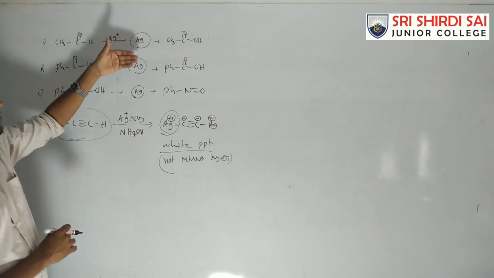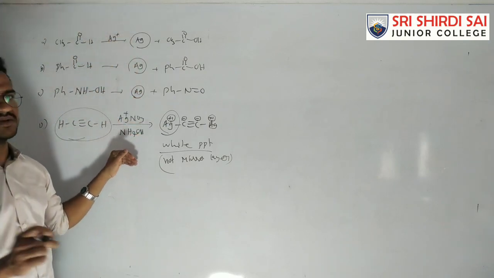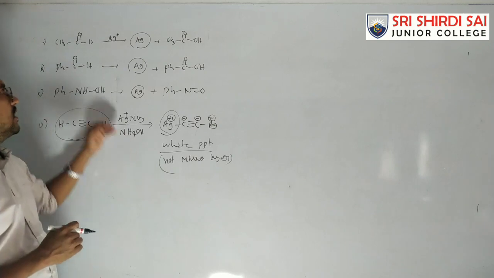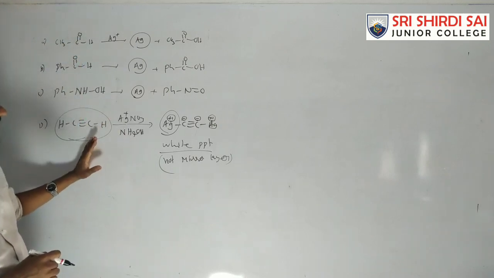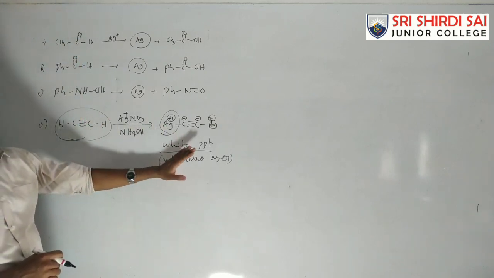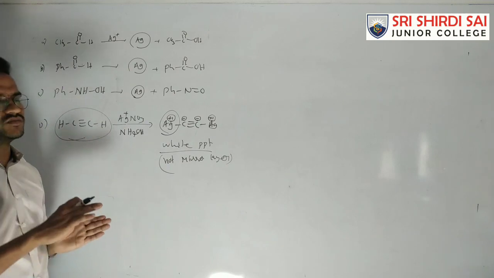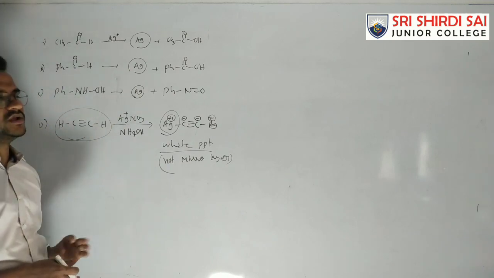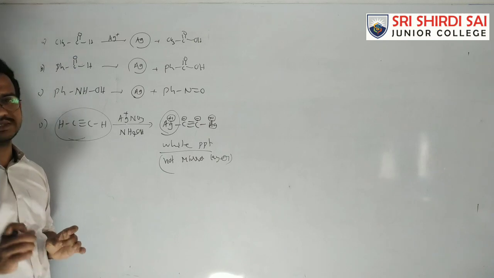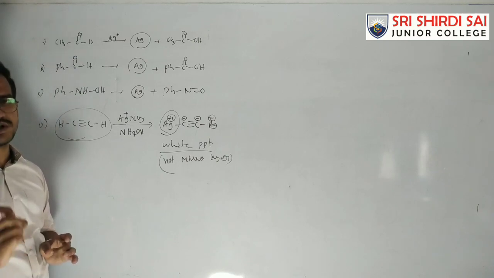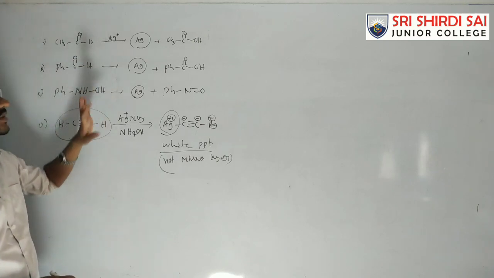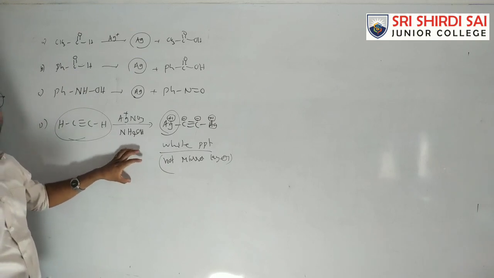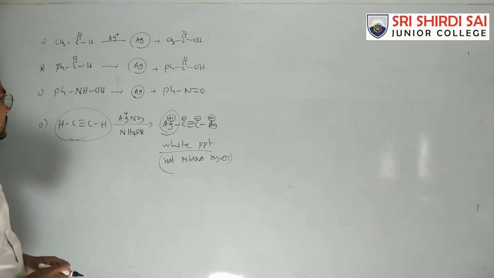For example, which of the following compounds gives a positive test with the Tollens reagent? All options, because this one also reacts with the Tollens reagent and gives a white precipitate. Positive test with Tollens reagent means A, B, C, D. Which of the following compounds gives only silver mirror and reacts with Tollens reagent means A, B, C, because acetylene does not form a silver mirror.